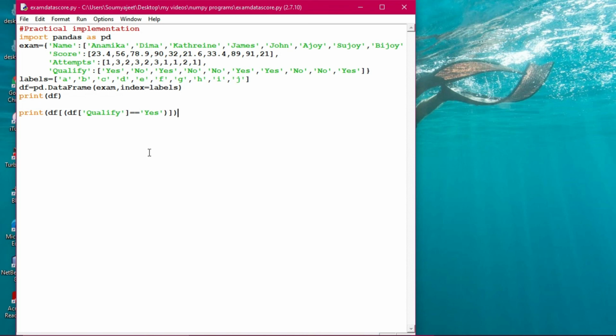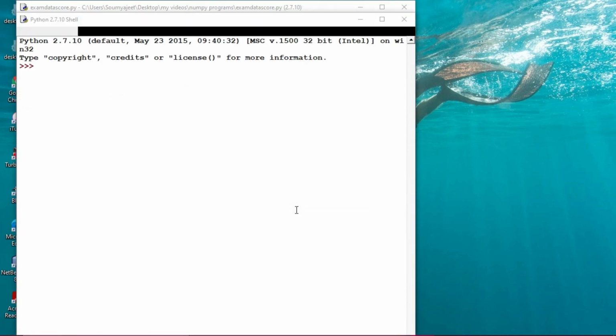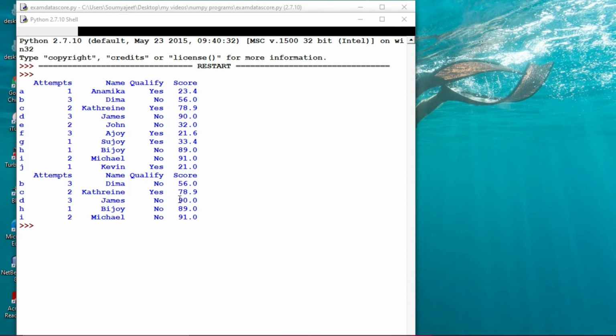Fantastic. Now if you want to go with qualify, score, attempts, whatever may be given in the question, you can try out everything by changing this particular thing. Going back, we have kept score greater than 50, so again the data will be changed in this way. We have done it successfully, there is no problem. Only the multiple part I will definitely give you in the coming session. Here 56, 70 and 90, which are more than 50, have been printed with this criteria.